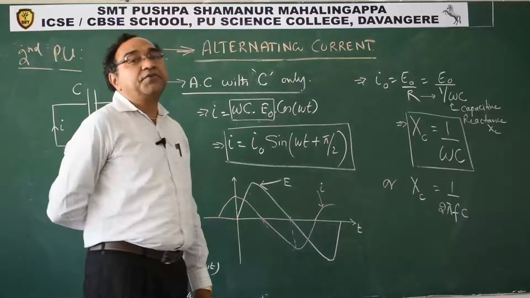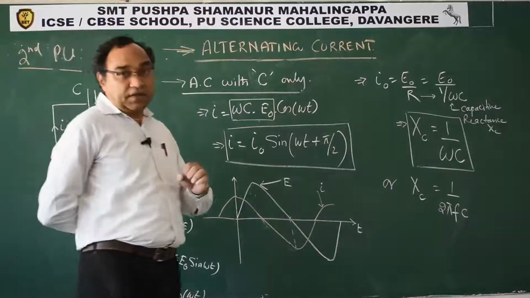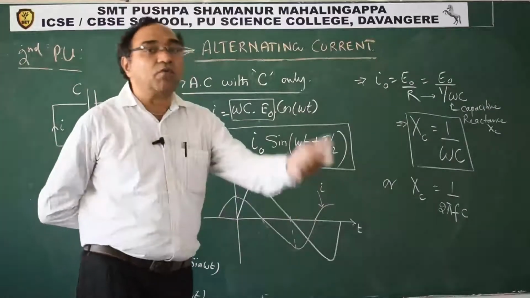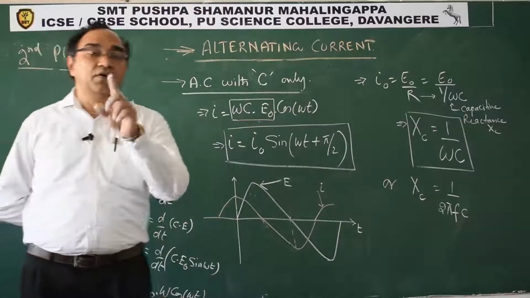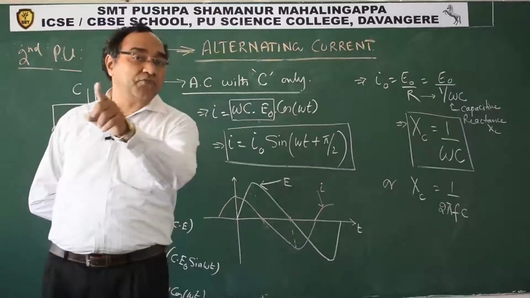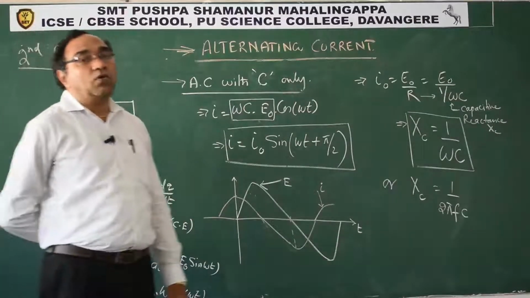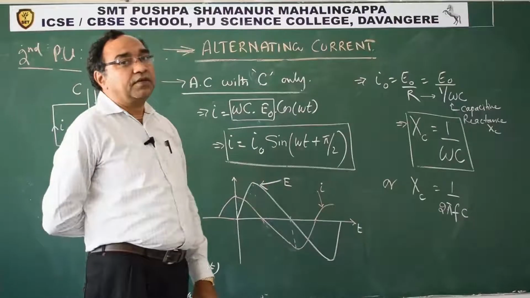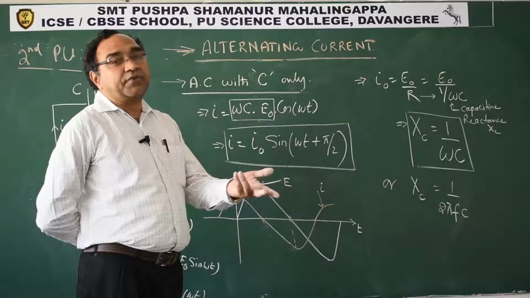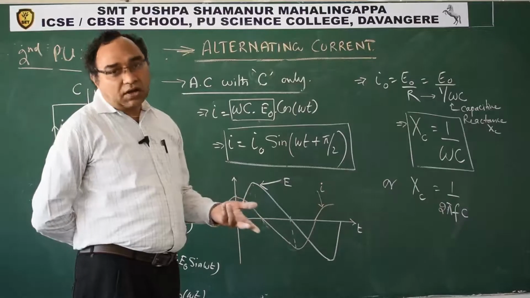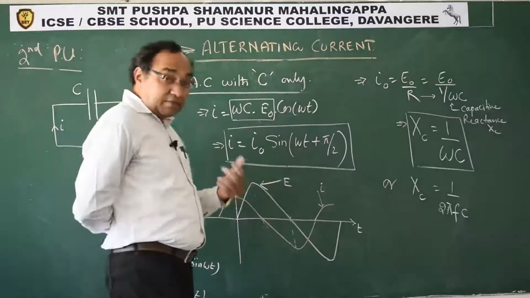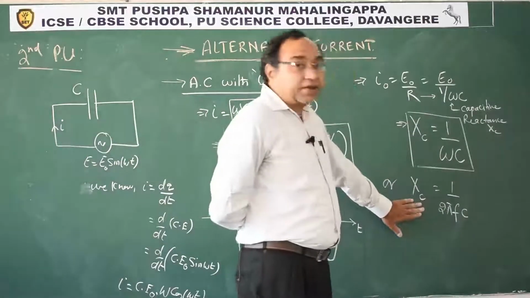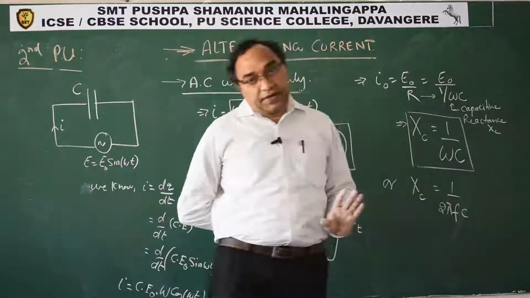That is why in a DC circuit, if you have solved any circuit in which you were asked to find effective resistance and one capacitor was placed in one branch, we were not allowing any division of current in that branch. Why don't we allow division of current? Because a capacitor offers infinite resistance to DC. How can current divide in that branch where the capacitor is placed? It will not allow any current to pass through. That is why this is the concept, and this is the kind of question which will be there.